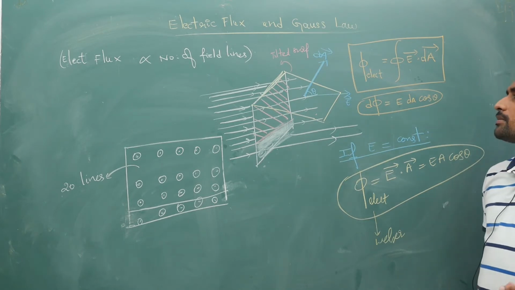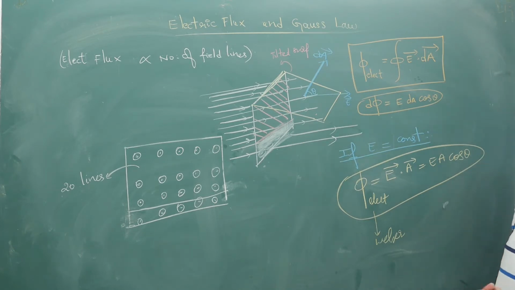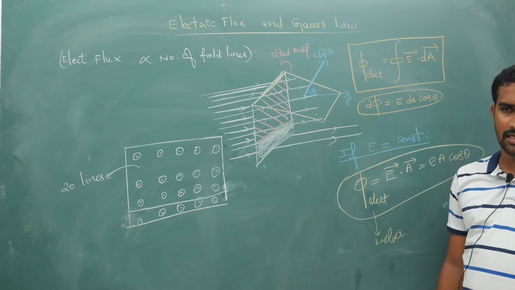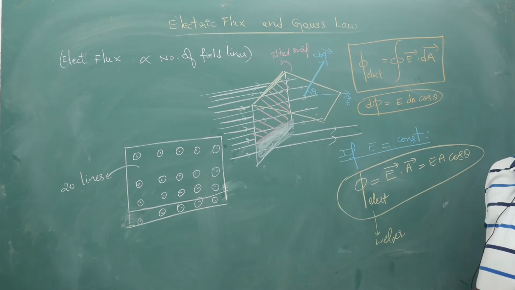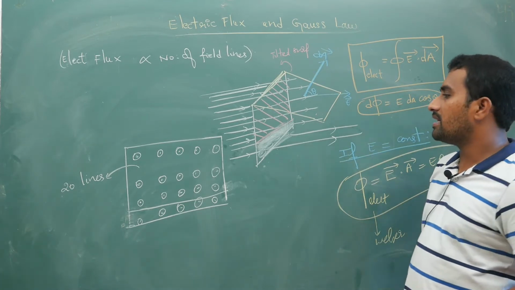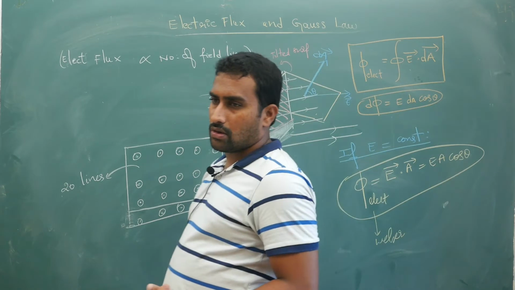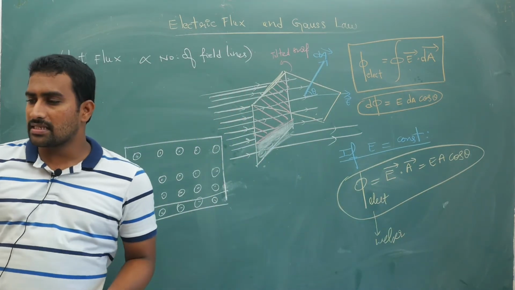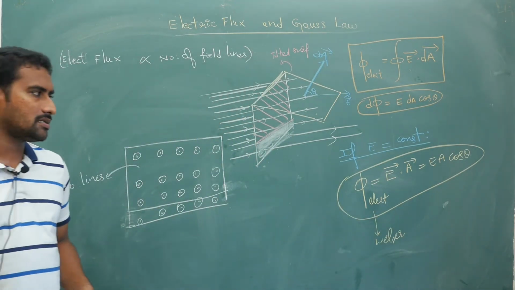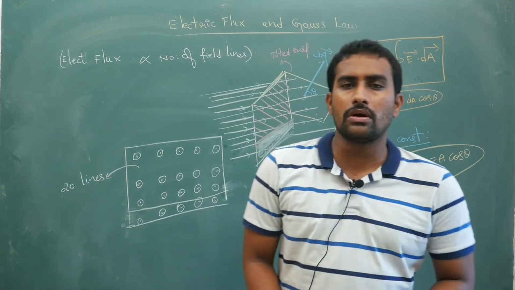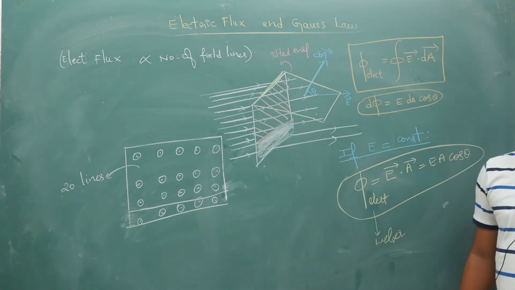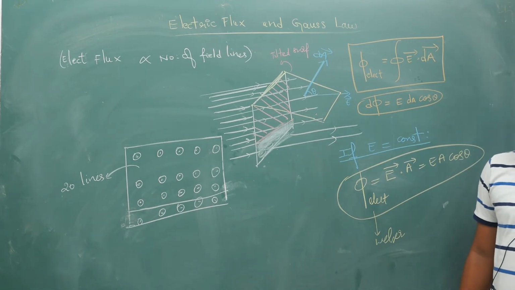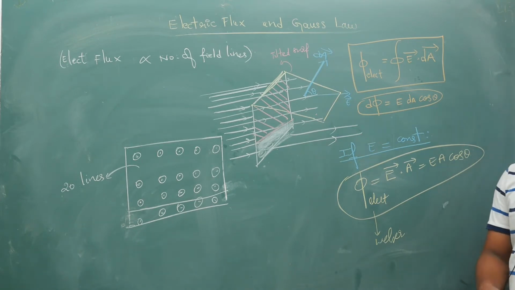So it depends upon how the area is there or how the surface is there. If the surface is normal, it will be different. If the surface is different, it will be like this, okay. So you can say there is flux when there is field, okay. Without field lines piercing the surface, there is no flux. This is how you are going to calculate your flux. Right, now I will erase this, I will keep elaborating.